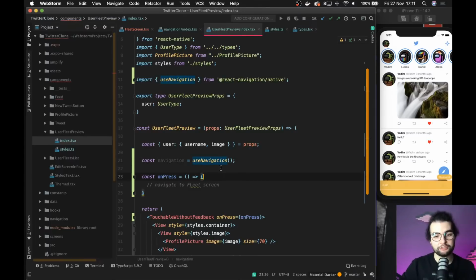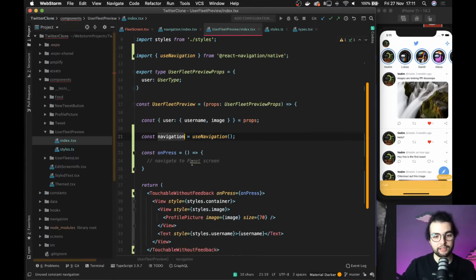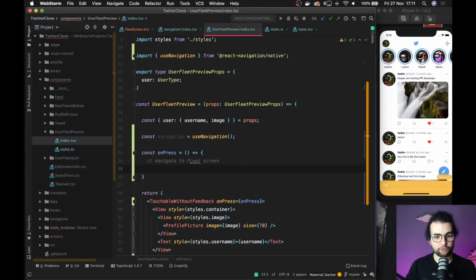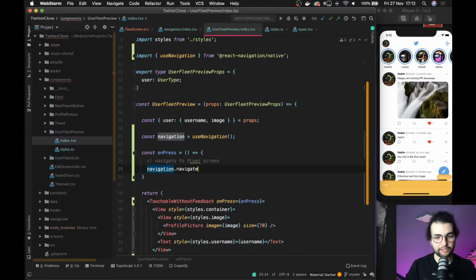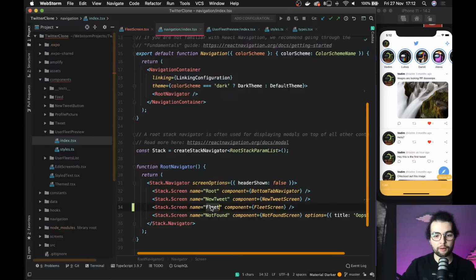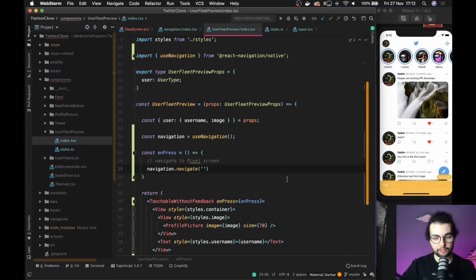Yeah, a simple function that gives us access to the navigation, and it's so powerful because previously you had to pass this navigation through props before hooks were introduced. So now it's much easier. So in the on-press, we say navigation.navigate to the name of a screen that we define here. So in our case, it's fleet. So let's go to the fleet,